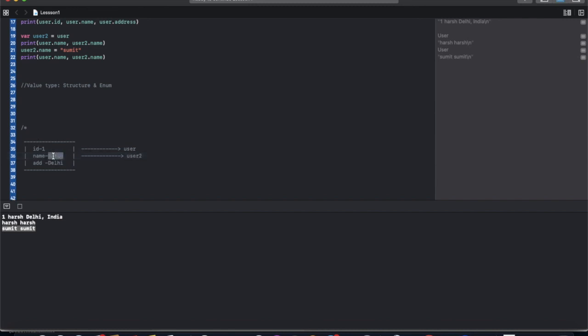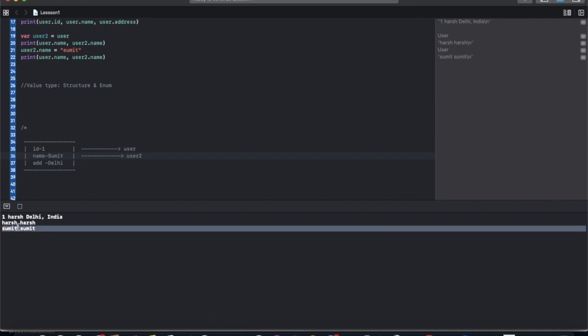But if we change this value Harsh to Sumit, because the container is the same for both references, the value is changed for both. We call it a reference type because we are just referring to the same value, the same container. But in the case of a value type, it's the same as when we create a structure.